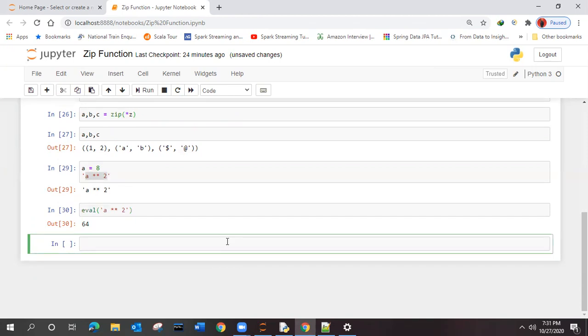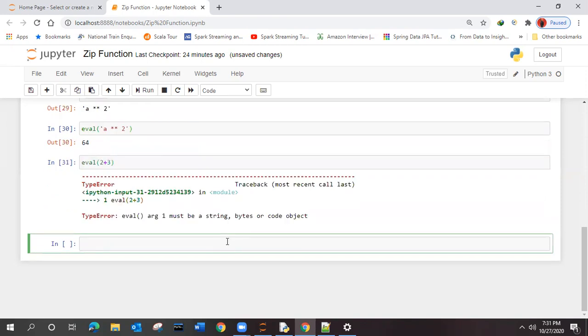So if I write eval 2 plus 3, basic, we will test whether it is working or not. What did you get? Argument must be a string. Because we didn't give the quotes. The eval function will always take the input as a string itself.